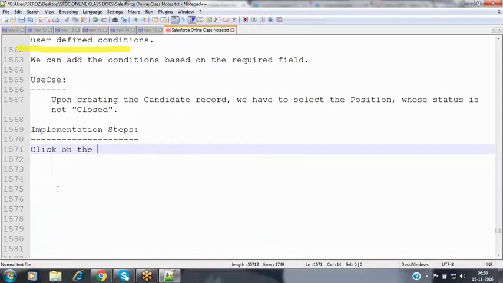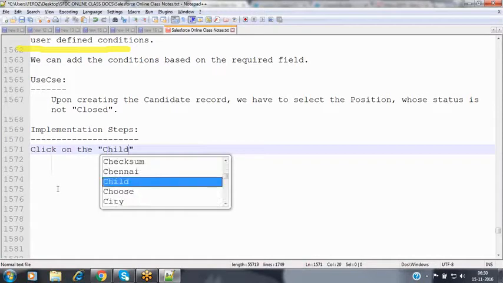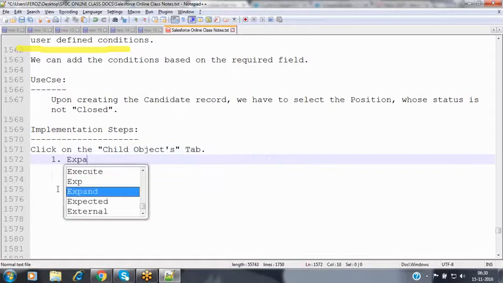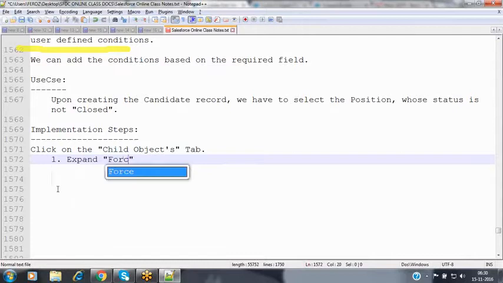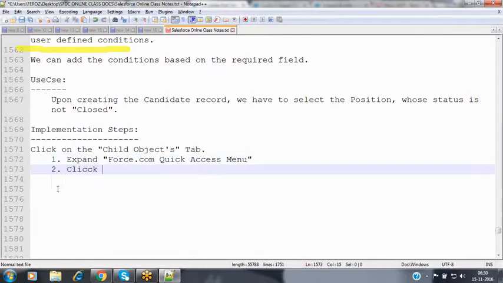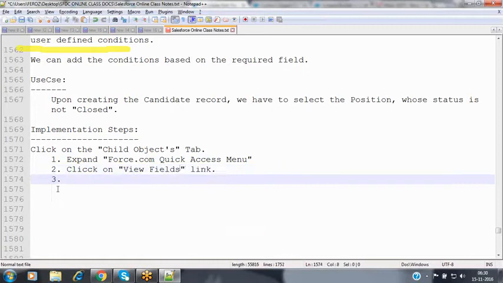Now click on the Child Objects tab. Expand the force.com quick access menu. Click on the View Fields link. And the third one is, go to the Custom Fields and Relationships section.